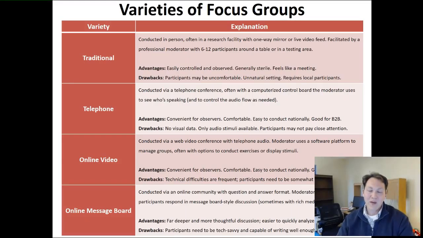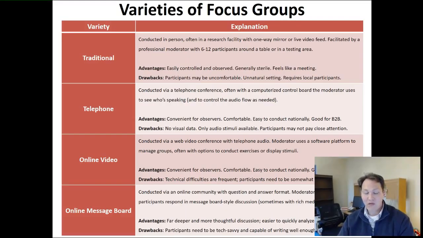As a result, you need to have participants who are somewhat tech savvy. In the platforms I've used, both for telephone and online video focus groups, there are technicians who do what's called a tech check with people before the groups and who are present to help them out if need be. But it's very awkward when you're in the middle of a group and you start having technical difficulties and you basically have to work around it to keep the group moving. It makes it a little more challenging for everyone in the group. So that's one disadvantage that traditional focus groups don't face.